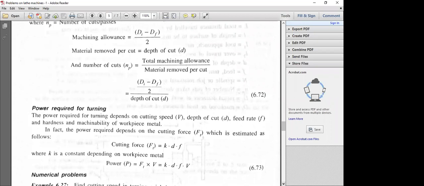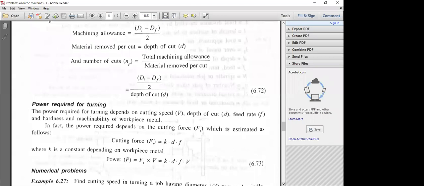Cutting force Ft. So power is a product of Ft into V, the cutting force into the cutting speed V. So what is Ft? Small k into d into f. Small k is a constant depending upon the workpiece material, d is the depth of cut, f is the feed, and v is the cutting speed, which is given by pi d n by 1000. So you have to remember the formulas,